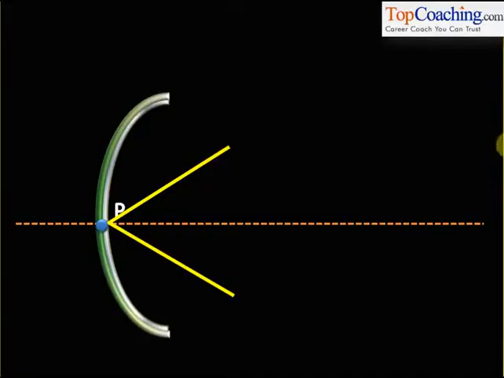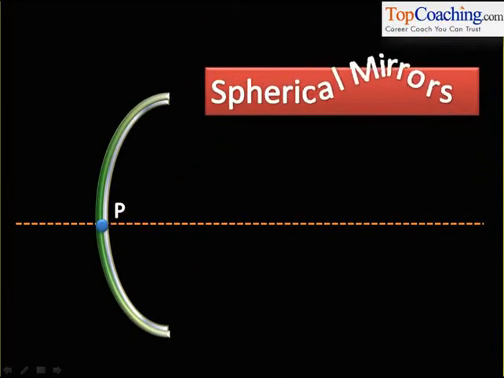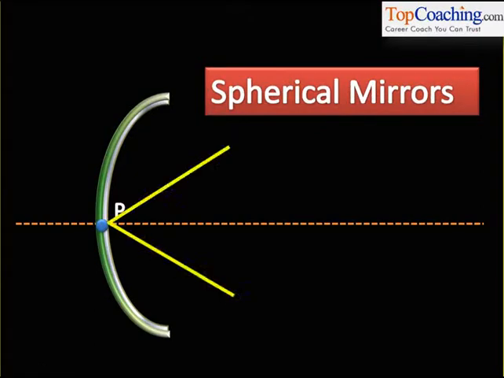In the last chapter, we had learnt about the laws of reflection. In this chapter, we will learn exactly how images are formed by spherical mirrors. We learn about concave mirrors, convex mirrors, a special formula called the mirror formula, and a special concept called the concept of magnification. So let's proceed and learn in detail about spherical mirrors.